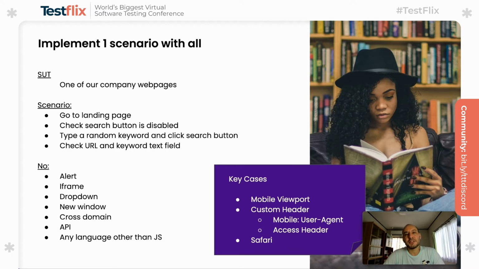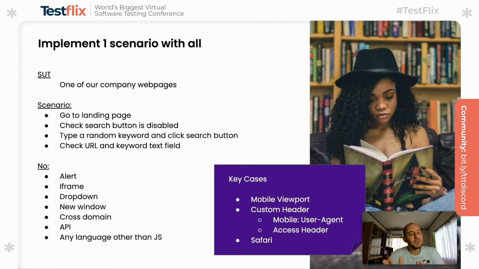So for this purpose, I picked a test scenario which was already implemented in my current solution. And it was a very simple scenario, which was just going to a landing page and then checking the search button, which should be first disabled. And then after typing something into a text field, I assert that the button is becoming enabled, and then eventually I click and then I check the URL. So this is just a few actions, like doing some checks on the buttons and text fields, and then doing some user actions like typing some queries in the text box, and then again verifying the URL of the page.